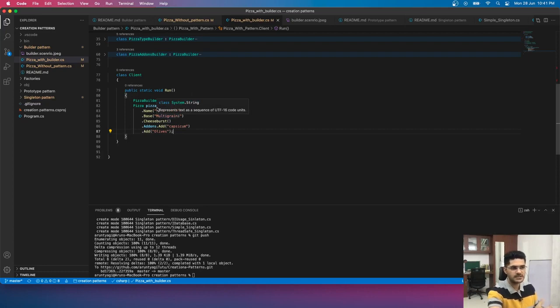I'm sure you guys have seen StringBuilder, right? The reason we use StringBuilder there is because String is immutable, you cannot change it, for different reasons. That is why they gave you a builder, so that if you want to add more things into it, you use a builder rather than the direct object. In the same way here, rather than using a pizza directly, actually do it with the builder, and finally your builder will give you the object. In StringBuilder also, finally it gives you a string.